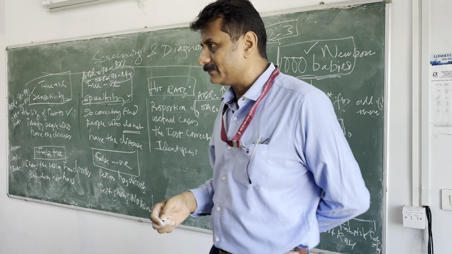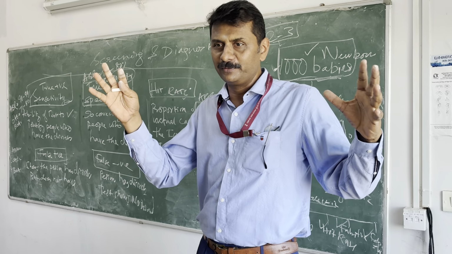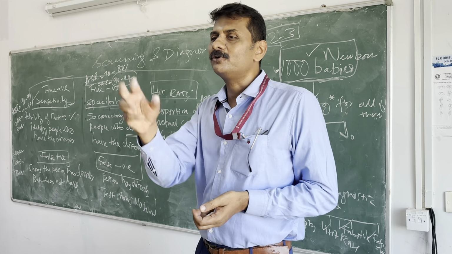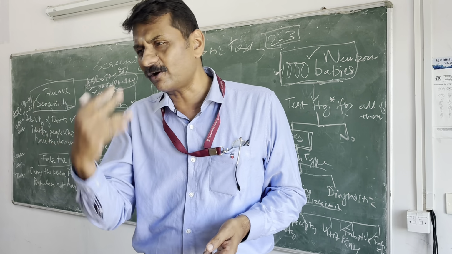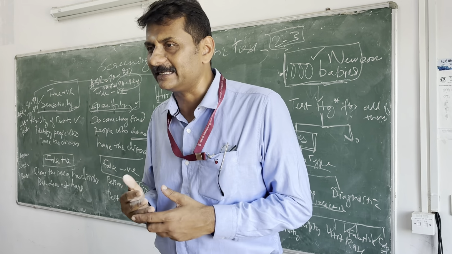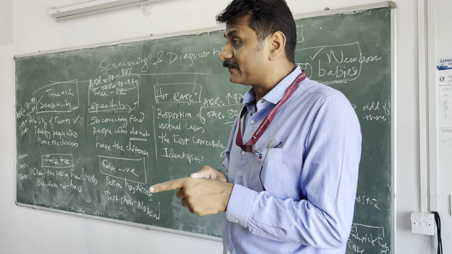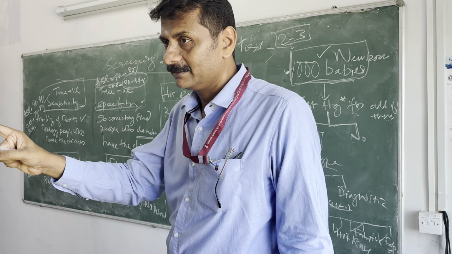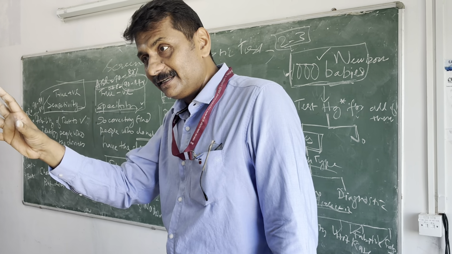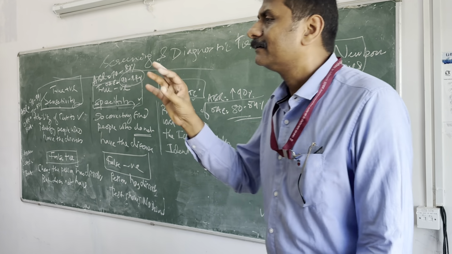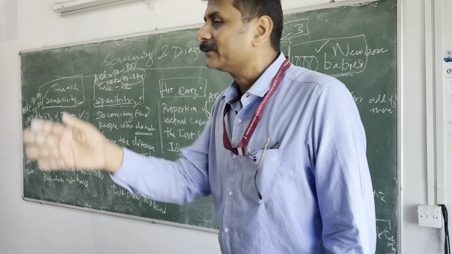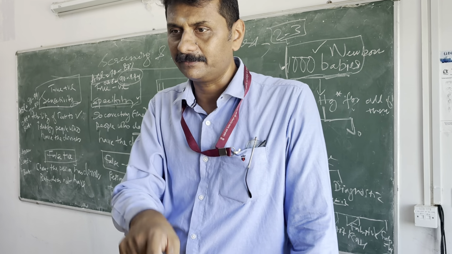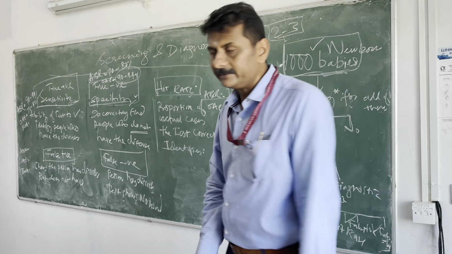We need to worry about these things because there are some 1000 children whom we have to screen. We know that it is not a very prevalent condition. So there should be a test which should be saying, okay, these are all okay, no need, and it should be fast enough. But there should be another parameter of the test, that if there is a hearing loss, it should be catching hold of it appropriately. Correct? So sensitivity, specificity, and there should be a small amount of false positive. Although normal, it should not be coming as positive. There should be a small amount of false negative, that is, a disorder which should not show negative. So here, if you see,